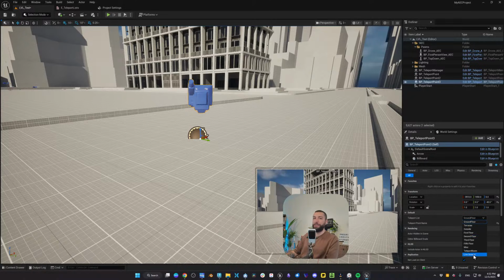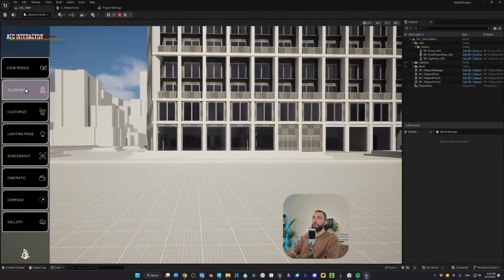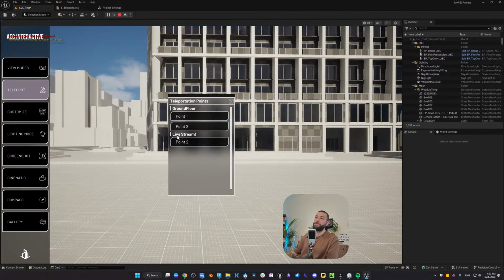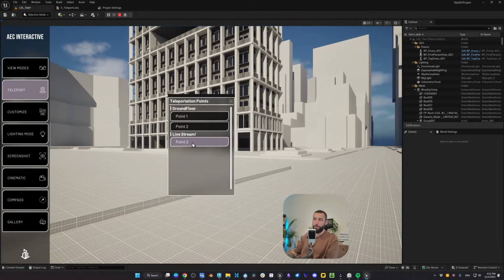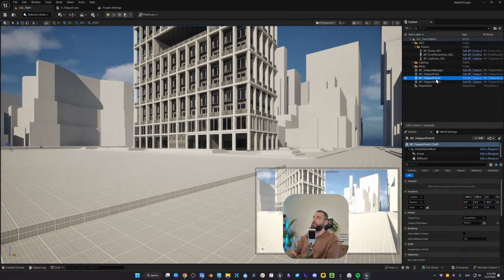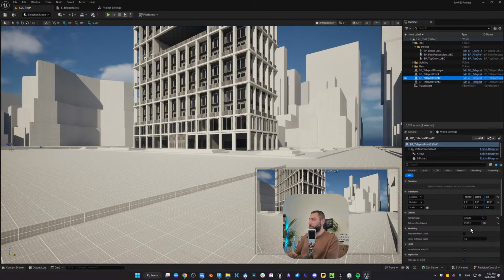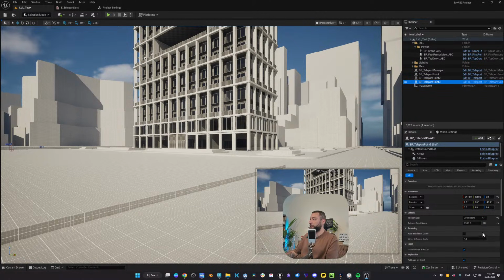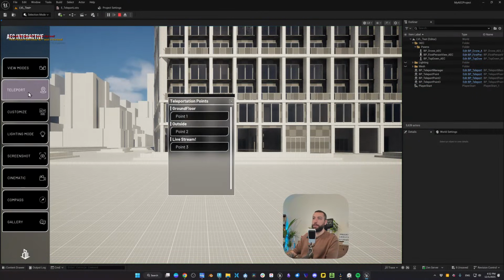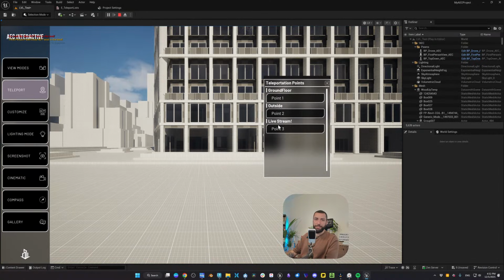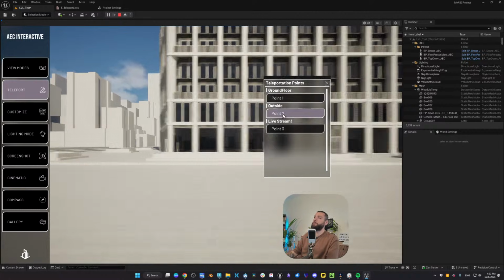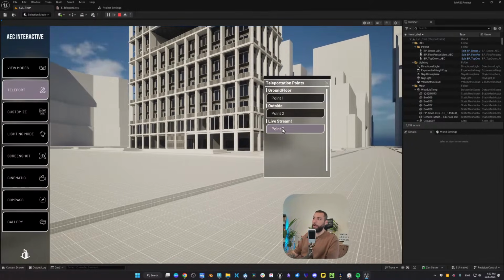On the list, you can see we have a list called live stream. And if I click on play, click on teleport, we have now a new list called live stream, and inside it we have this new point we've created. And that's how you separate areas from each other. So let's say this here is outside. I think I have something called outside. I can select it and I can call it outside. And let's say this teleport point 3. And now we have 3 separate lists. And as you see, here we have 3 separate lists. So you can add as many lists as you want, and they will all be organized based on the list name and the point name.